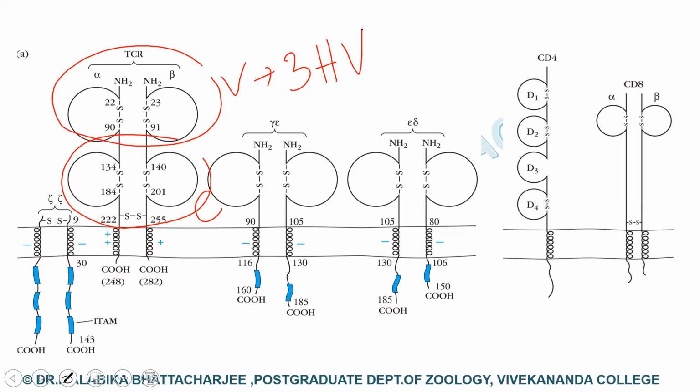This is alpha, this is beta. Both of them have this variable region, and within the variable region, there are 3 hypervariable regions, the regions where the sequences vary a bit more. In case of TCR beta, it has been seen that there is a 4th hypervariable region on the TCR beta chain. However, it does not have any functional significance when it comes to antigen recognition. So that was about the variable and the constant region of the T cell receptors.